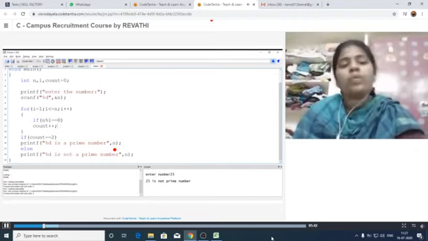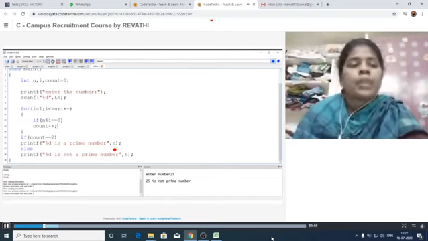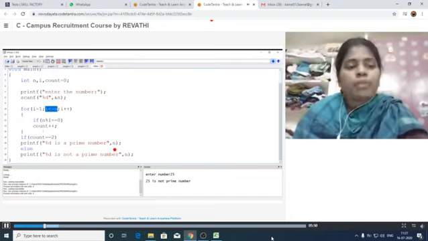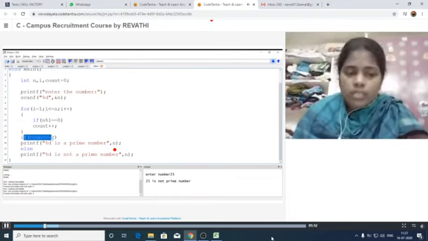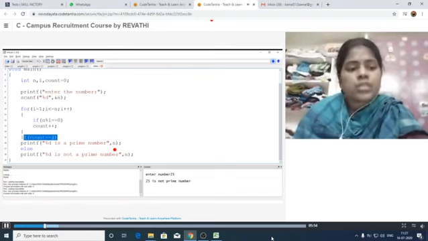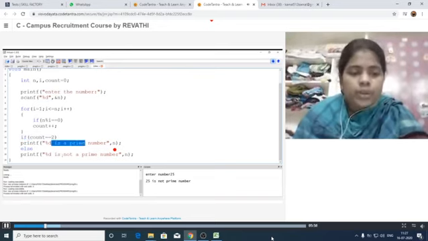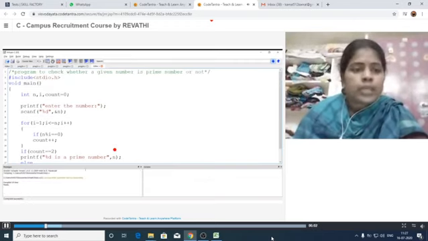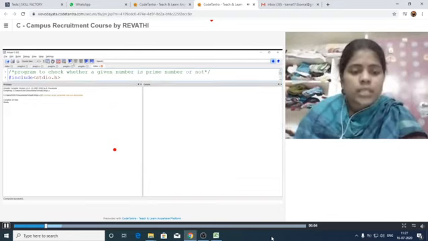Otherwise, the for loop is repeated until the condition is false. Whenever this condition becomes false, it checks if count is equal to 2. If this condition is true, it prints that the given number is a prime number, otherwise the given number is not a prime number. Let us execute this one. Check that there are no errors here. I am running it.